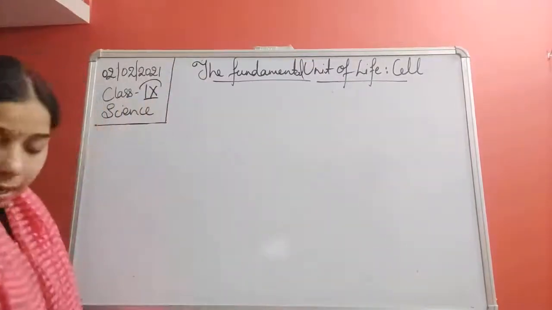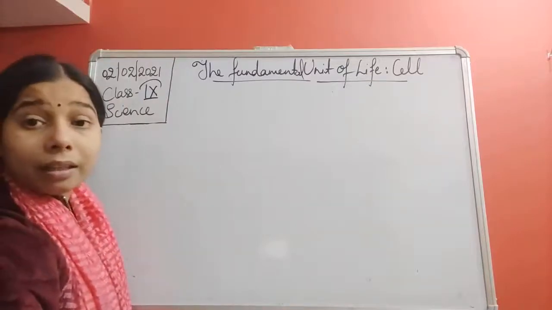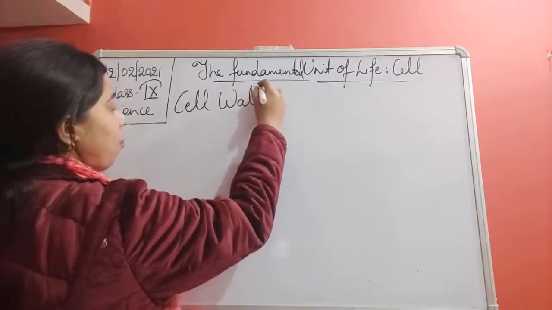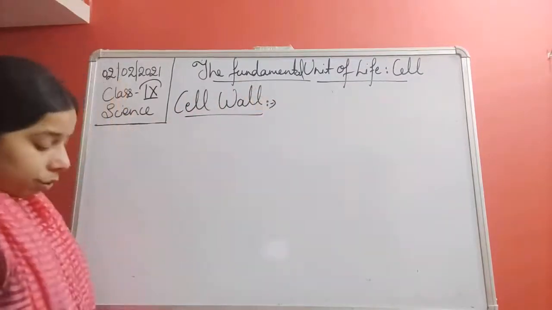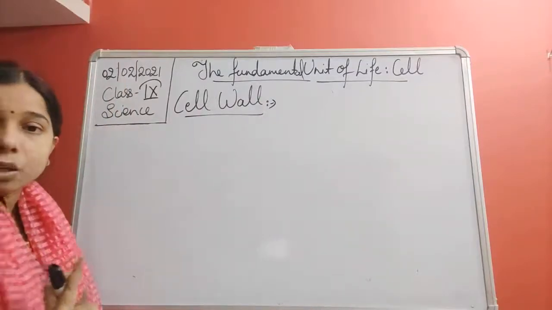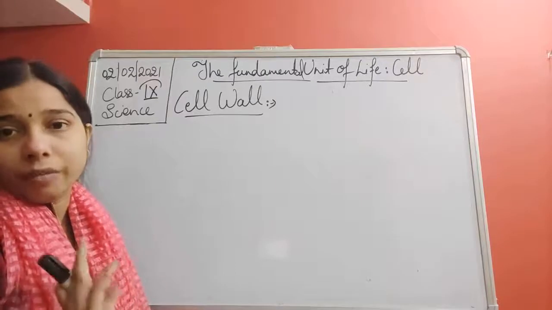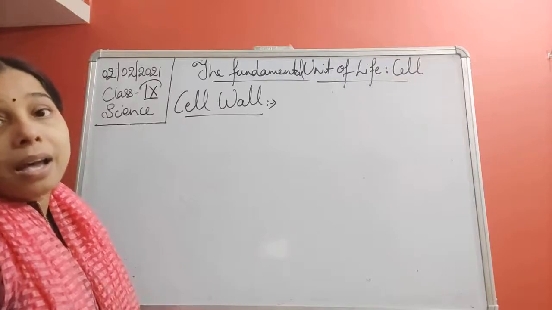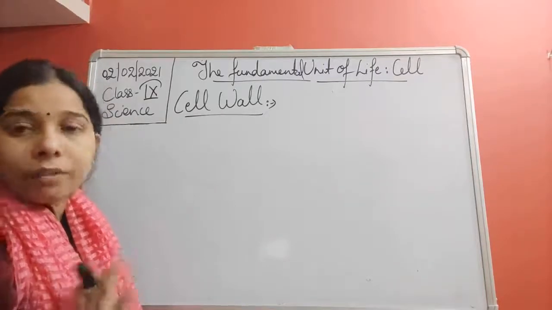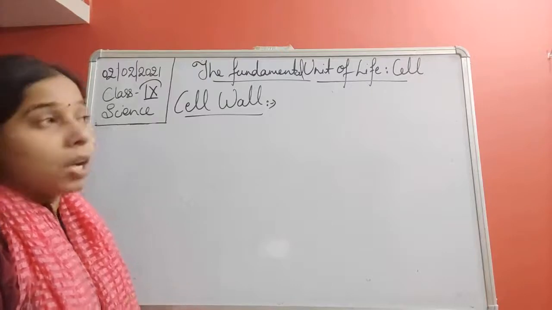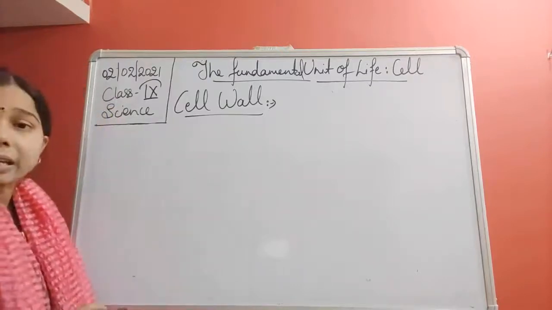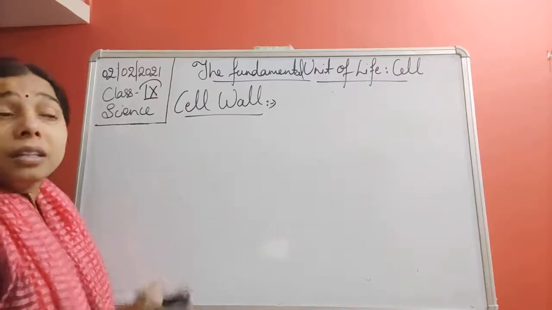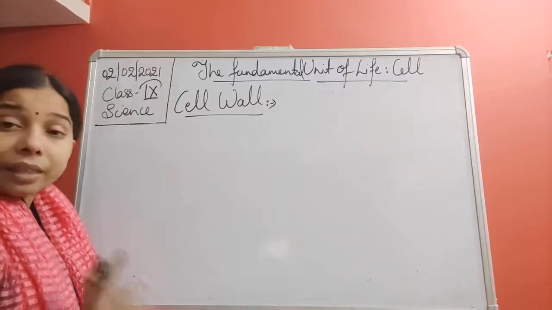Now moving on, let us see another part of the cell, and that is called, students, cell wall. Now, you see that plasma membrane or cell membrane is common for every kind of living organism. It means either it is a plant cell or an animal cell, plasma membrane is always present there and performs certain functions. But especially in case of a plant cell, outside the plasma membrane, there is another tough layer that is called a cell wall.